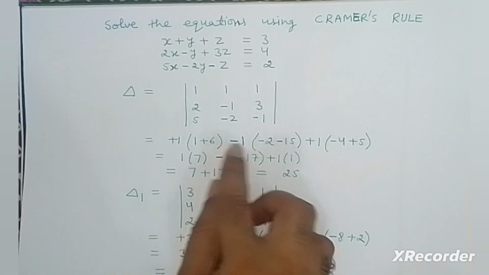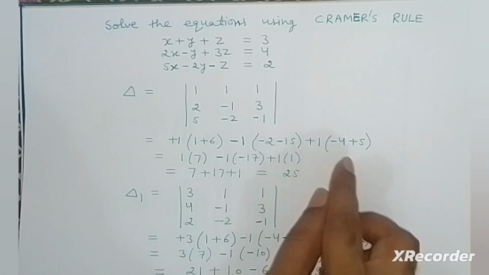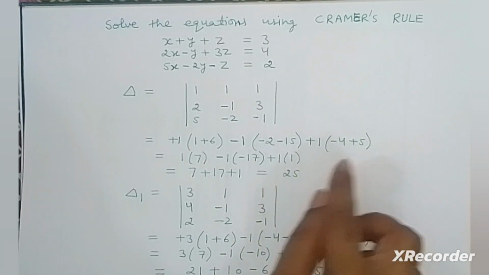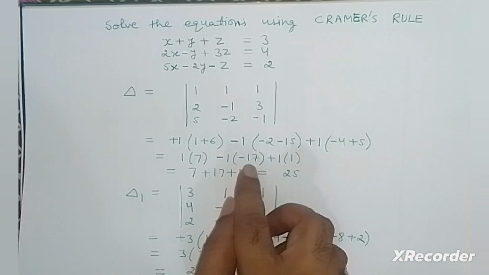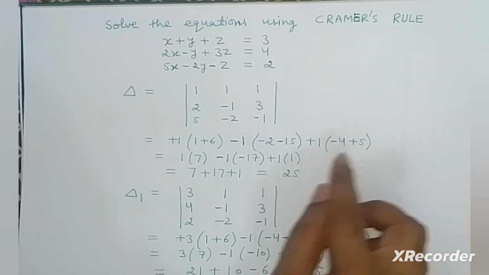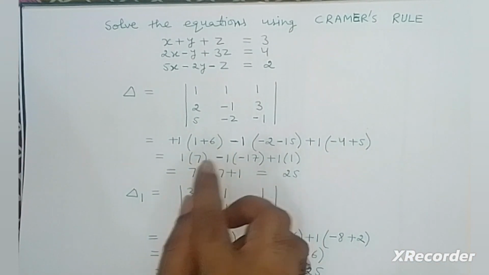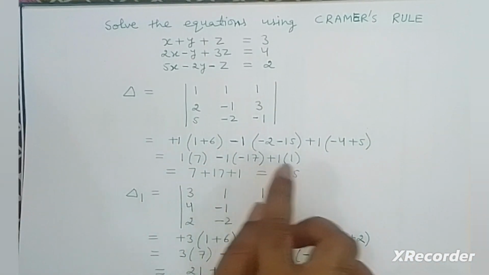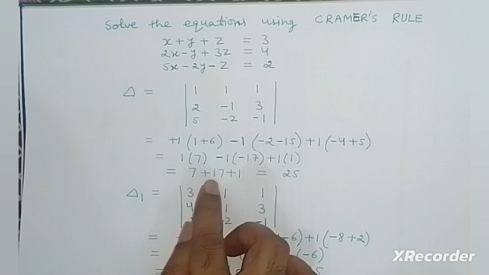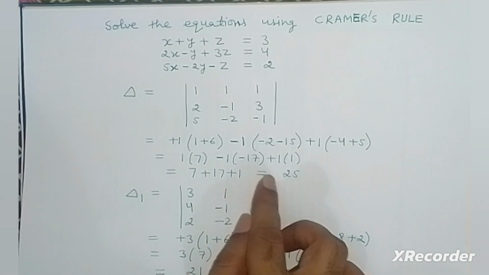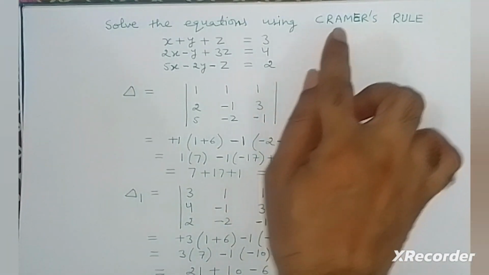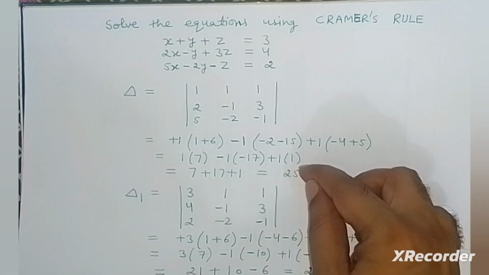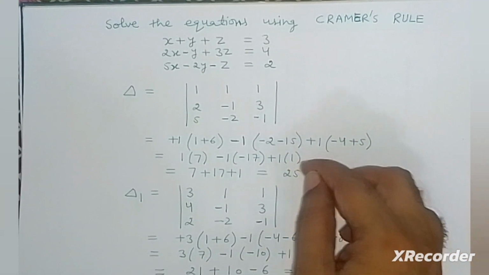So 1 into 7, minus 1 into minus 17 and plus 1 into 1, because minus 2 minus 15 is equal to minus 17. Minus 4 plus 5 is equal to 1. 1 plus 6 is equal to 7 and after multiplication we get 7 plus 17 plus 1 is equal to 25. Hence in Cramer rule, if the value of determinant